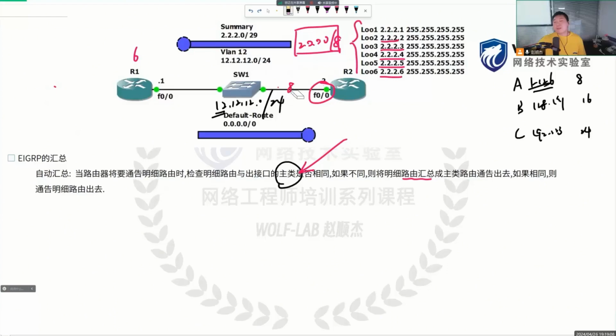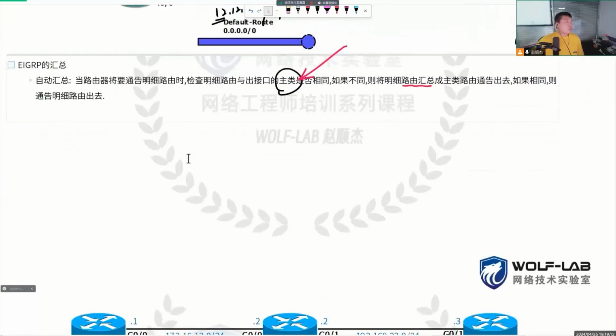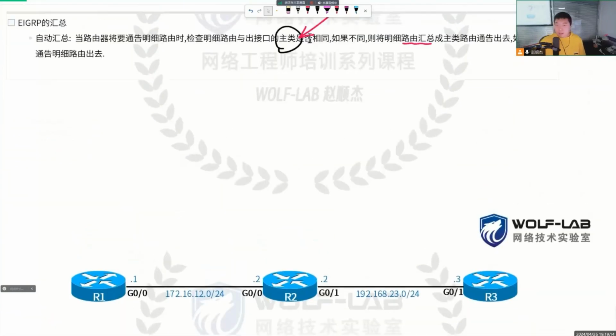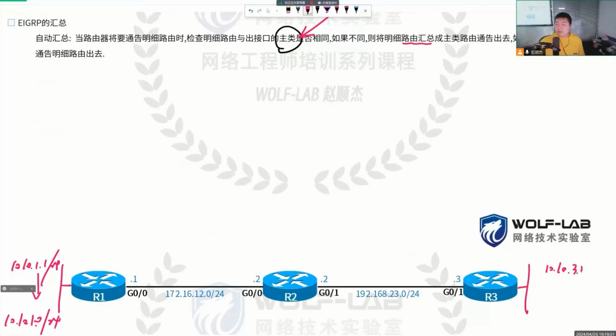But students, auto-summarization, we now find it's not much used. If students are working, they also find auto-summarization not useful. Why? We can see this phenomenon in experiments. So R1 here, we have a loopback address 10.10.1.1/24, which generates a direct route, 10.10.1.0/24, a detailed route. R3, then we have a 10.10.3.3/24 interface address, generating a direct route, 10.10.3.0/24,